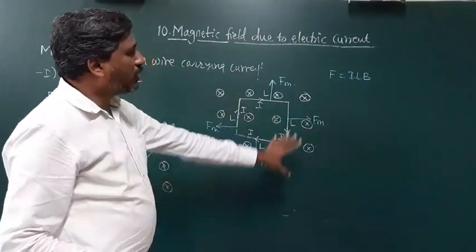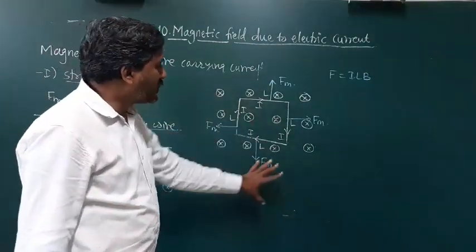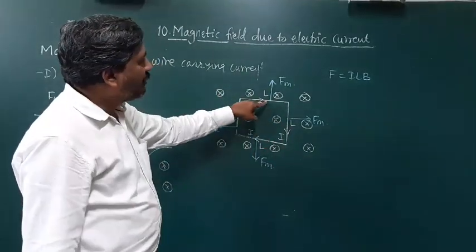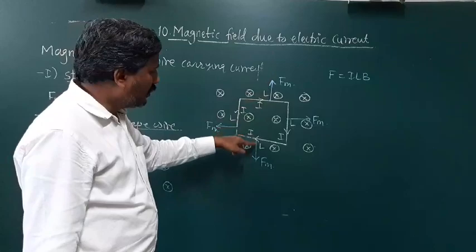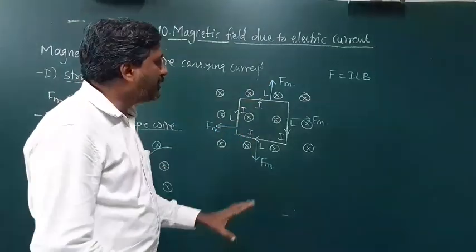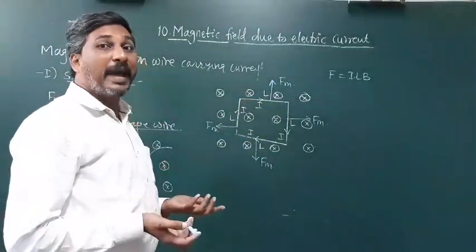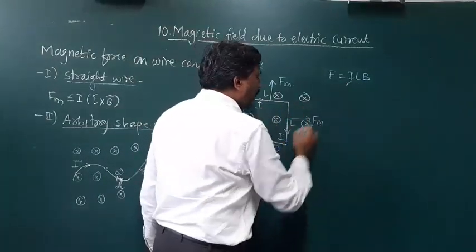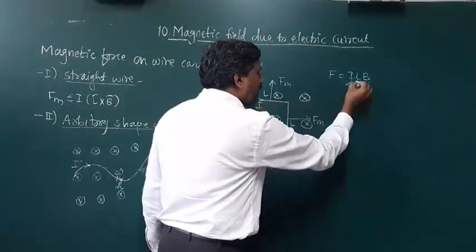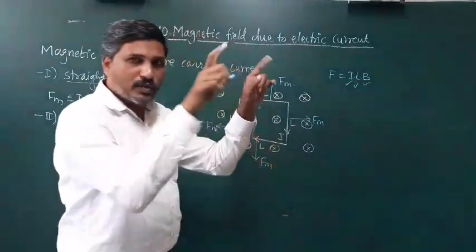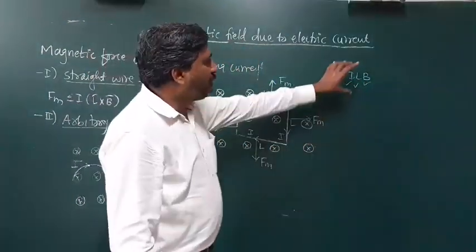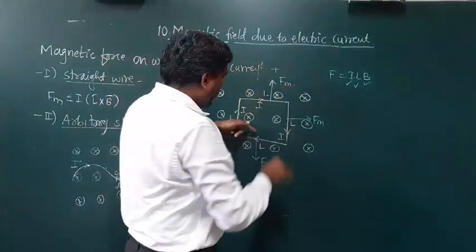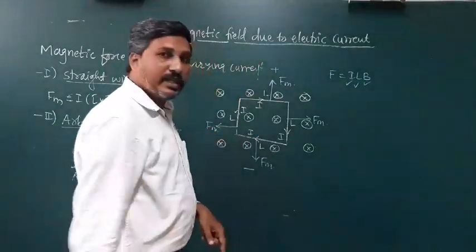If you observe for a closed loop the forces acting on every part, on the first part the force is upward, on the lower part the force is downward. But these are the directions. What about their magnitudes? If the current is the same, the magnetic field is uniform, and it is a square in shape, meaning the length is also the same. For a square all sides are equal. So F equals ILB. This is upward, so we take it as positive. This is downward, so we take it as negative.